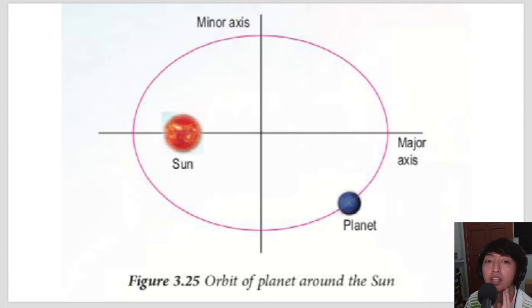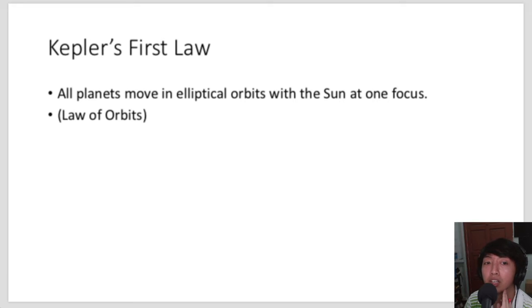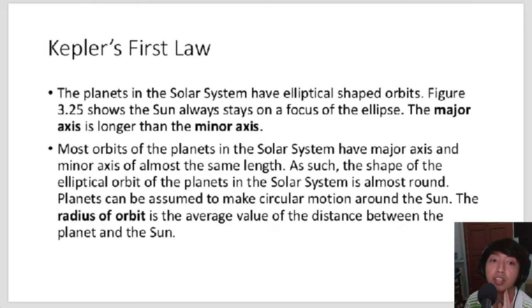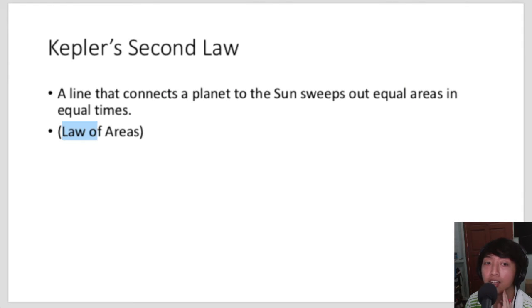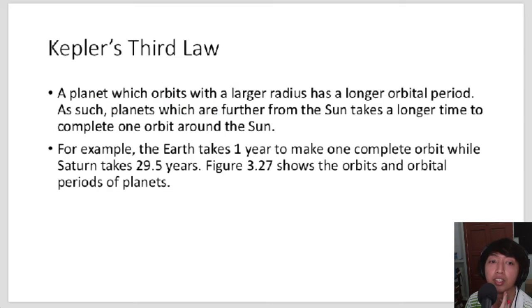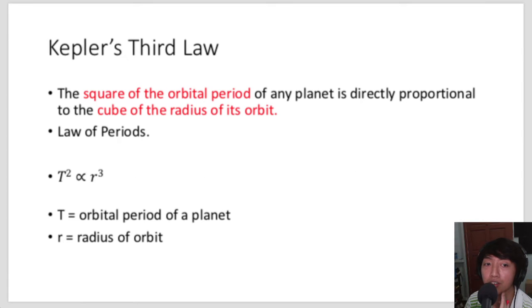So wait, before I go on, the first law is also known as the law of orbits. The second law is known as the law of areas because it talks about the areas. The third law is also known as the law of periods, also known as the law of harmonies. So either one of those two names, it's talking about the same thing. So Kepler's third law